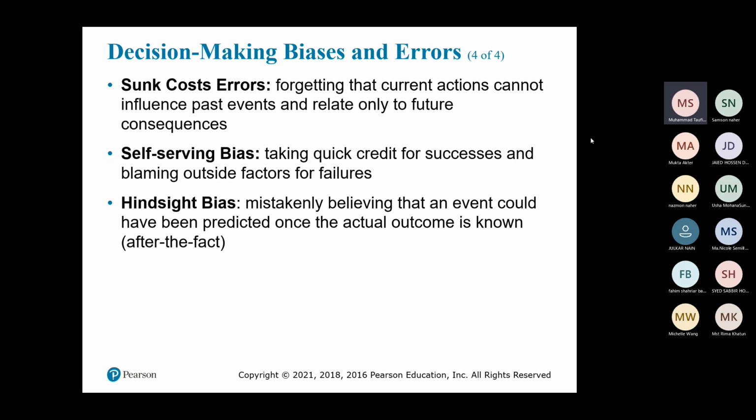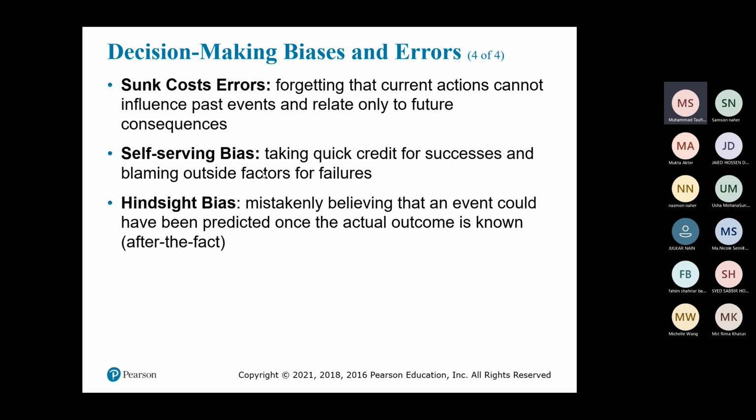So it means that you are putting blame on others if your decision is a failure, and then when your choice is a success, you are the one who will say that you are the one who made the decision. So that is what we call self-serving bias. You quickly take credit if you have a success, but you are quick to put blame on others